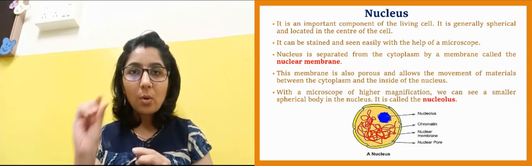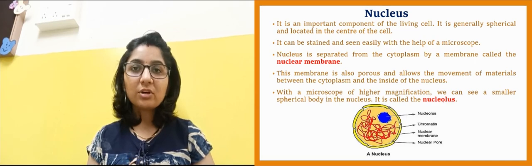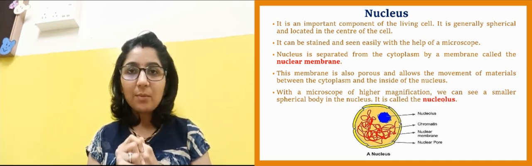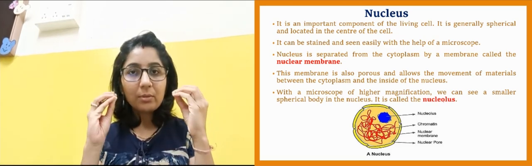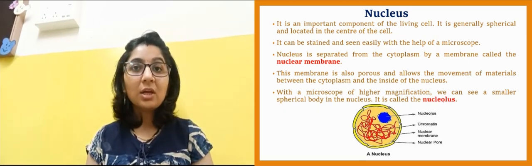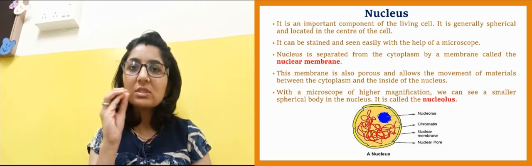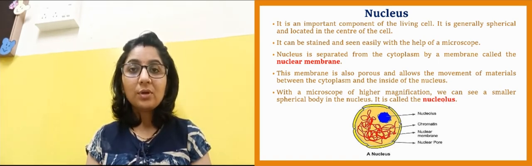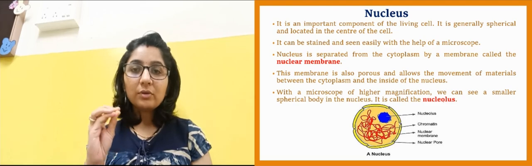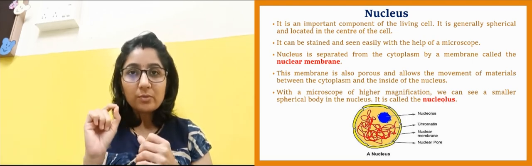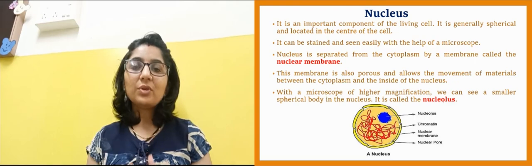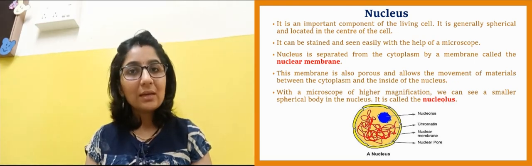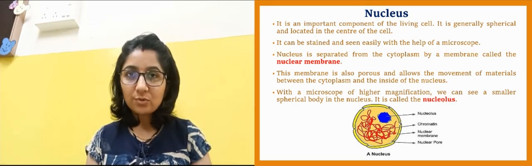Here you can see the whole diagram which is shown over here. It is of a nucleus. So that is a very important component of the cell. It is like a brain. How the brain is for our body, in the same way is the nucleus for a cell. How is it? It is generally spherical, and mostly located at the center of the cell. And as I have told you, we have to take 1 or 2 drops of the dye or the stain, and hence we can observe the nucleus very clearly under the microscope, of course.